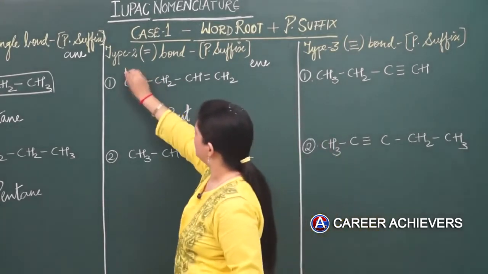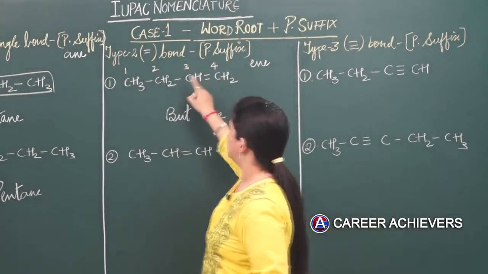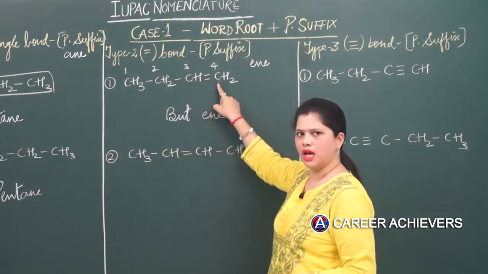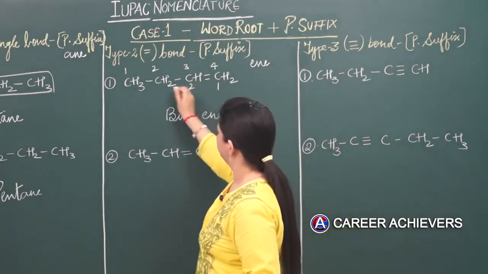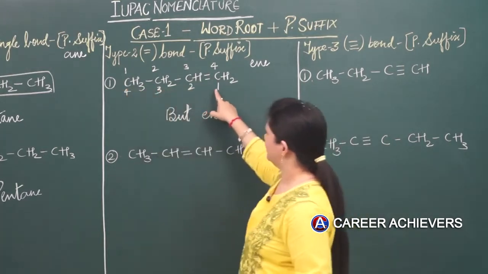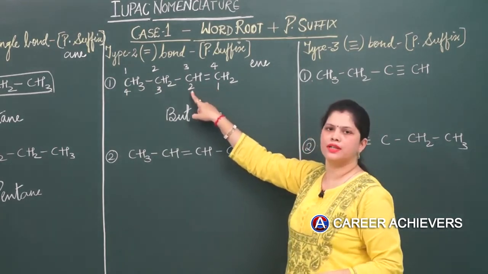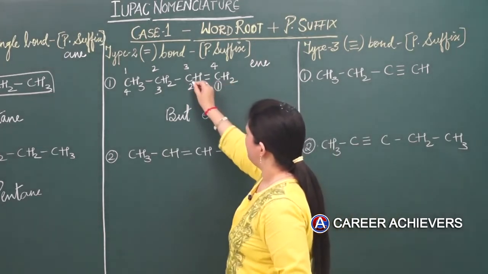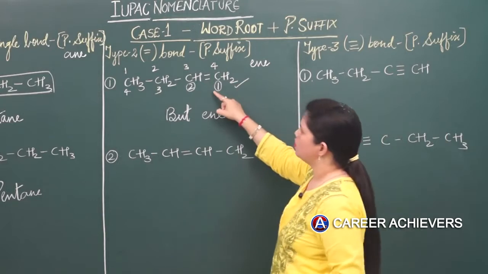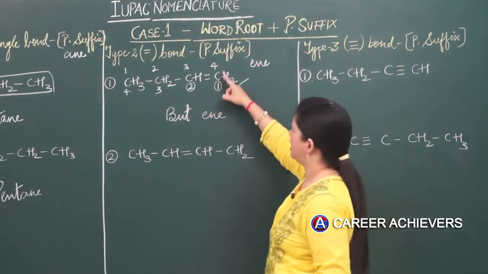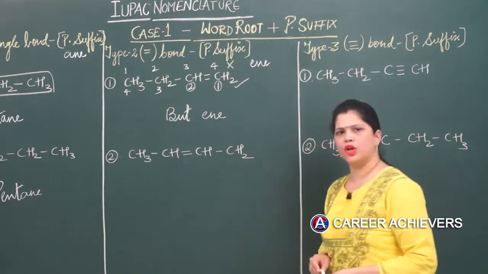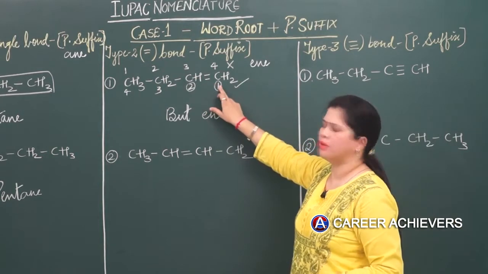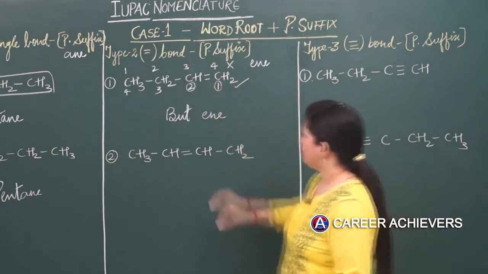If I number the chain this way, then I can see this double bond is coming in between the 3rd and 4th carbon. But if I number from this side, then we can see the double bond is occurring in between the 1st and 2nd carbon. So we will have to understand this thing very clearly. The side of numbering which gives the lower number is taken as correct, whereas this will be wrong. Why is this wrong? Because this is giving the double bond the number 3, whereas from here we are getting the minimum number as 1. So the name of this molecule would be